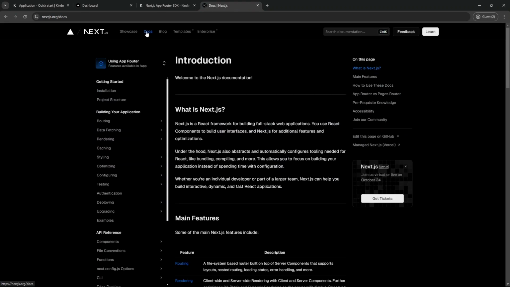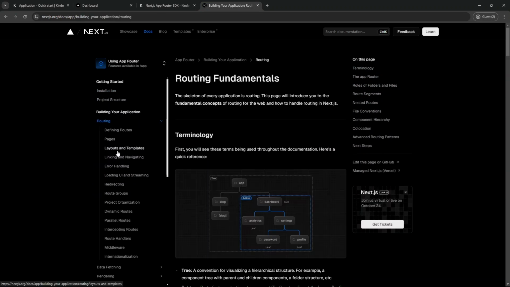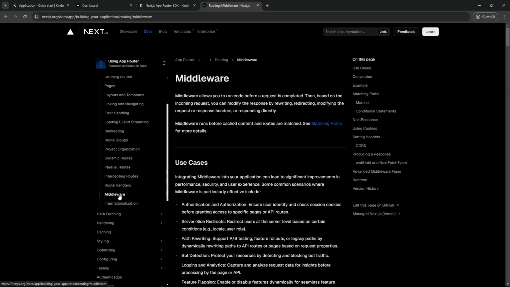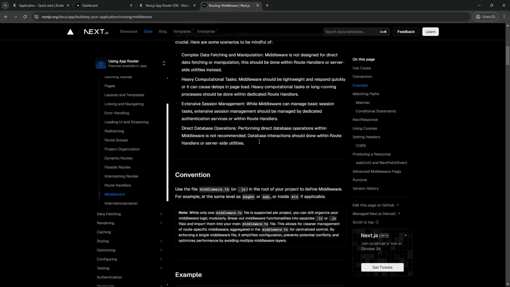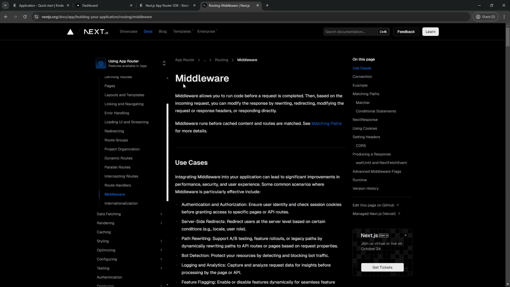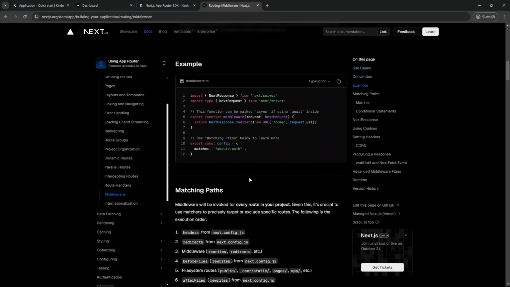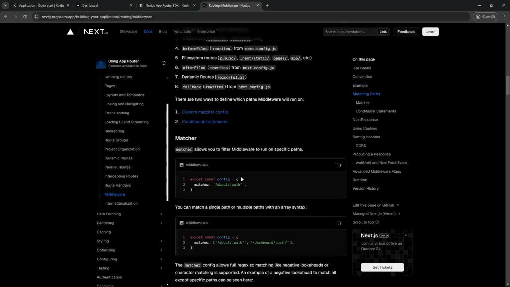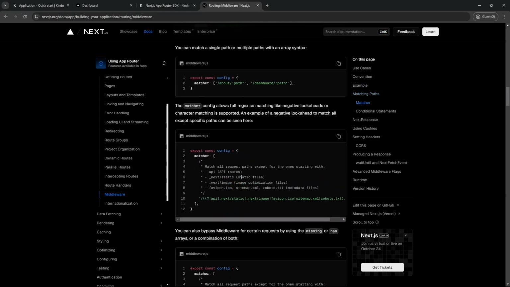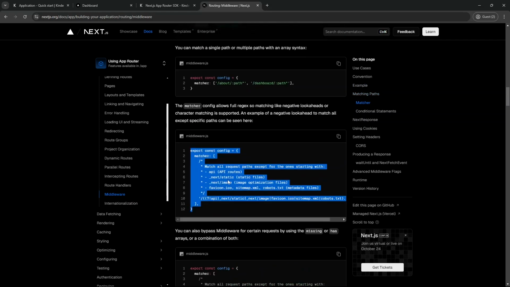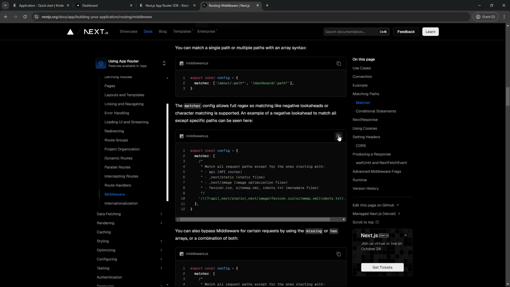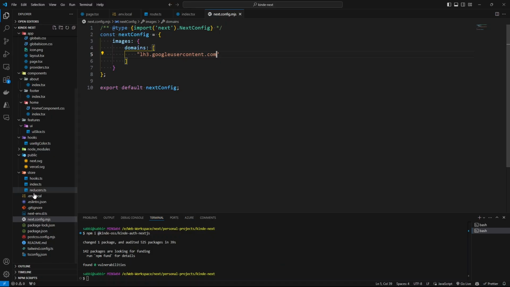Docs, route. All right, and from here, the middleware. There is a lot of text here. I recommend reading all of it if you want to be good in Next.js. Since we're not teaching Next.js, I'm just going to go here. Yeah, this is what we need. So I'm just copying it here